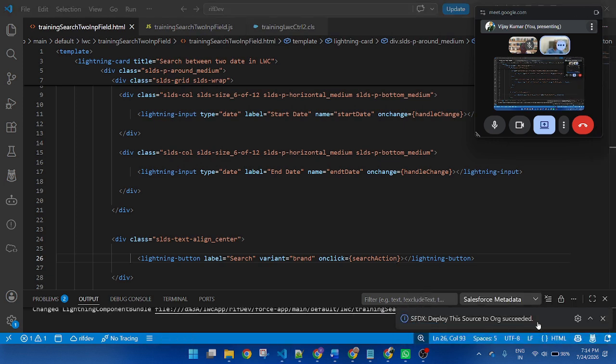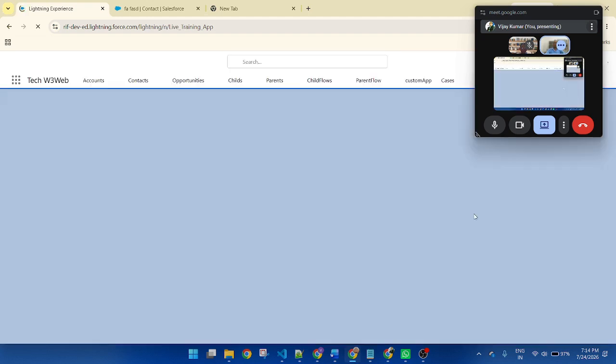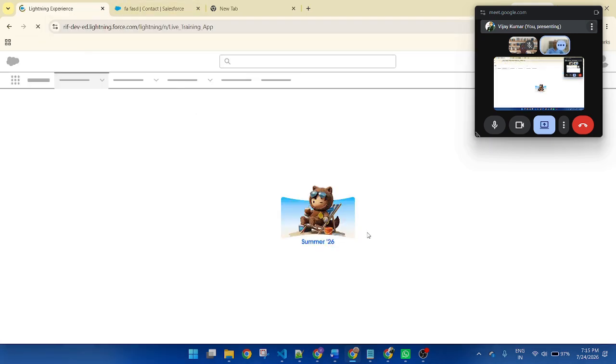Okay, my component deployed successfully. Now let me go to Salesforce and refresh. So this is my Lightning Training app. Here I will display my component. So let me refresh